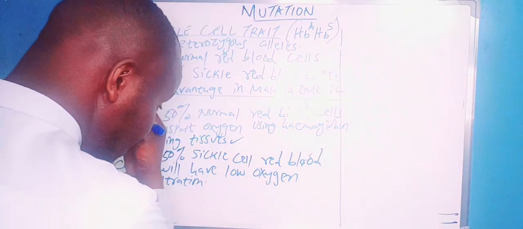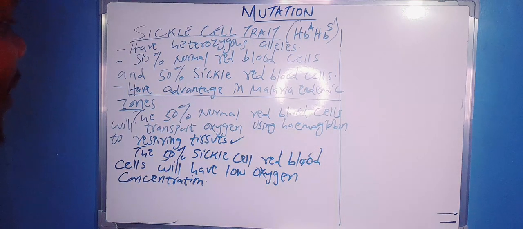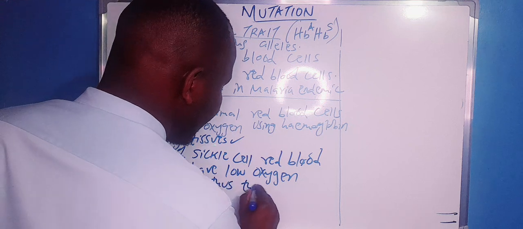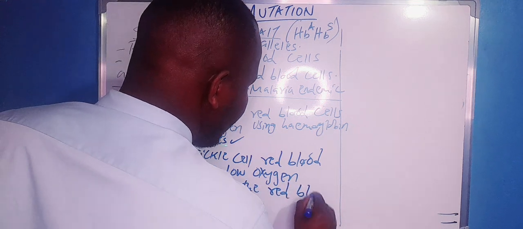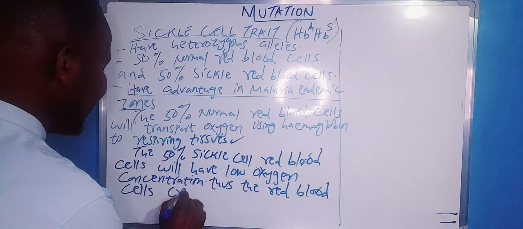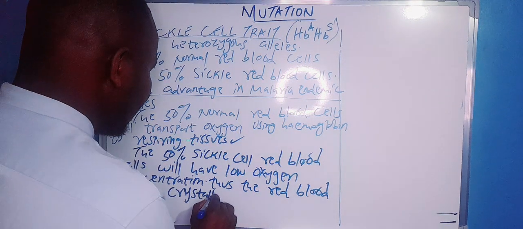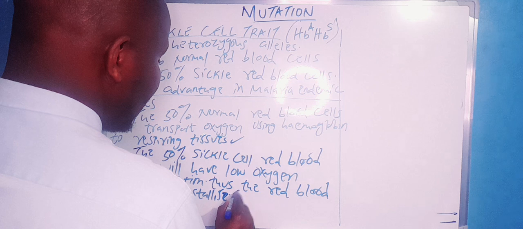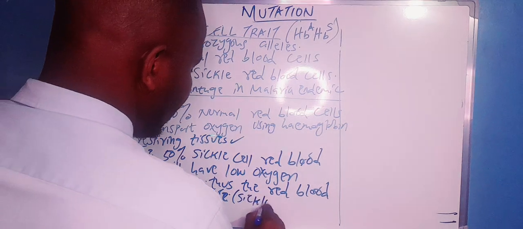The red blood cells will crystallize. And which red blood cells are crystallizing? Those crescent-shaped red blood cells. They are the ones which crystallize. And because they crystallize, the sickle-shaped cells